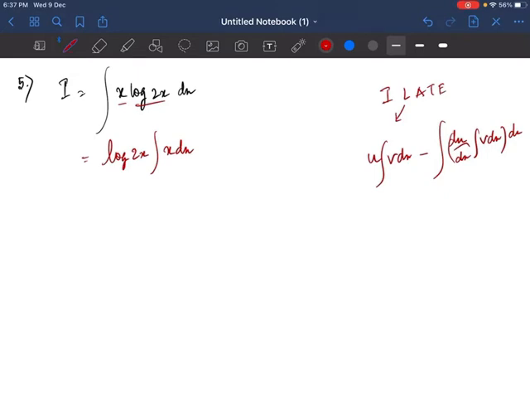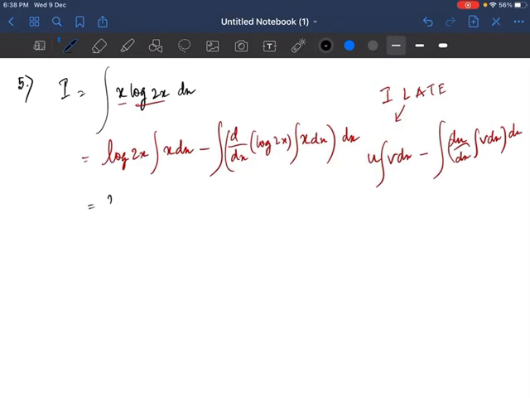So now after doing this, what we'll do is, so here we have, let's write the formula, minus integration of differentiation of log 2x, d dx of log 2x, then integration of v dx. What is our v? That is our x dx and entire dx. This is what we have. So let's finish it up.